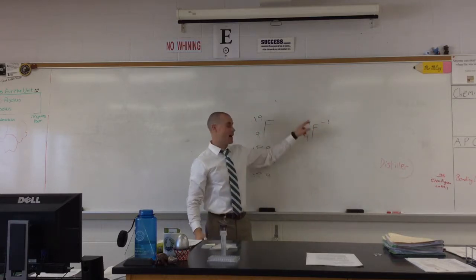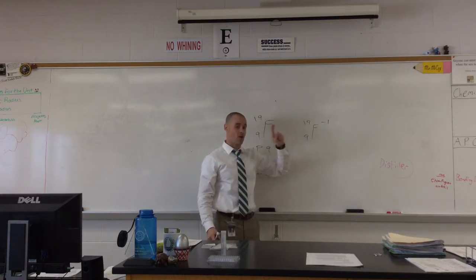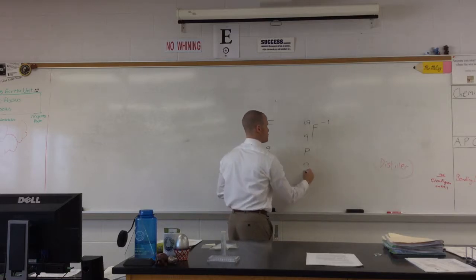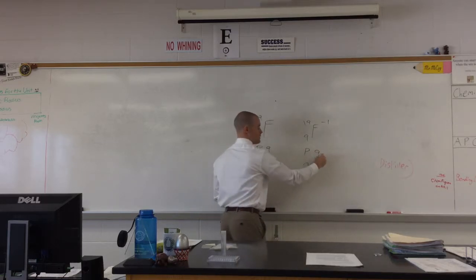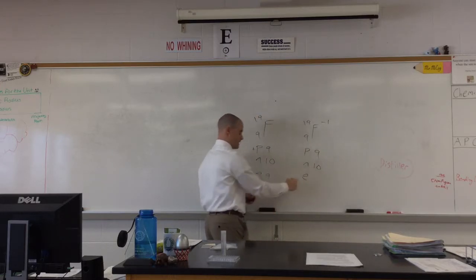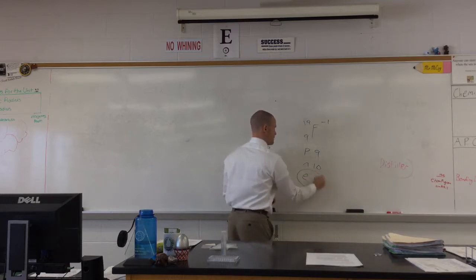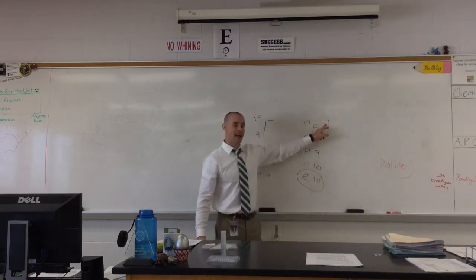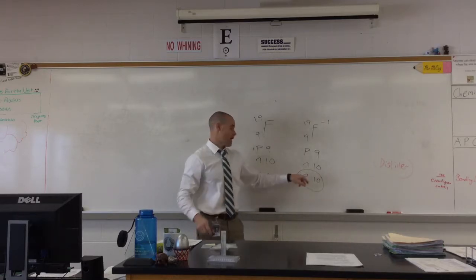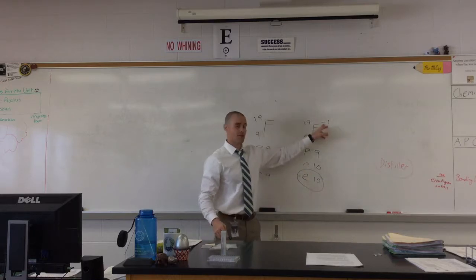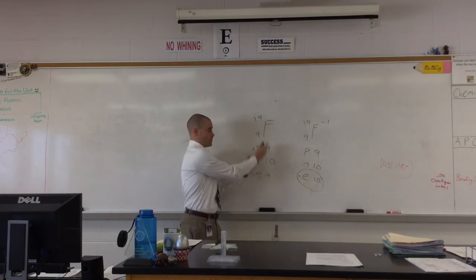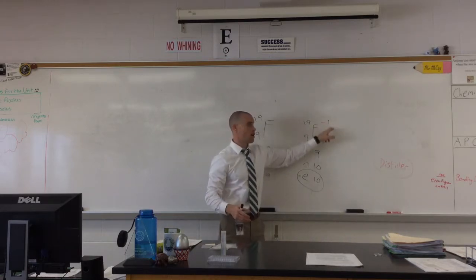But this is an ion, an anion. It gained 1 electron. It gained a negative, so it became negative. So protons, neutrons, electrons: 9 protons, 19 minus 9, 10 neutrons. This number, though, instead of being 9, it's 10, because it gained 1 negative charge. Electrons are negative, so losing them means you'll become positive. Gaining electrons becomes negative. So if it had 9 when it's neutral, but it gains 1 negative charge, that means